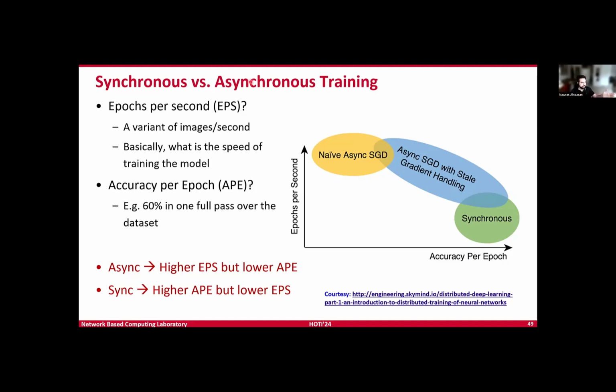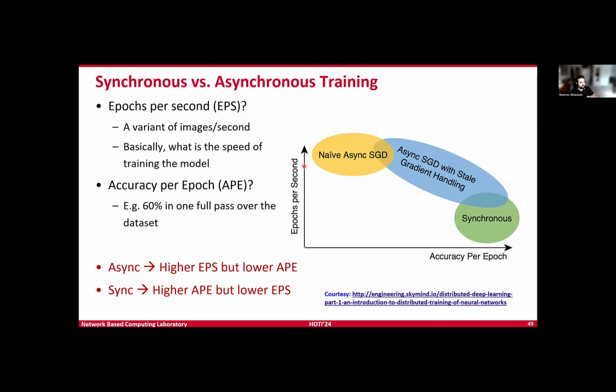Then we might need asynchronous training, where the GPUs will not need to wait until the end of the training step to update the weights, but can do it right away. And later on, we'll synchronize these different GPUs. But this has a trade-off. With asynchronous training, we're going to get more epochs per second because now we can overlap things. We don't have this barrier or wall where we need to wait for all GPUs to finish until we do the update.